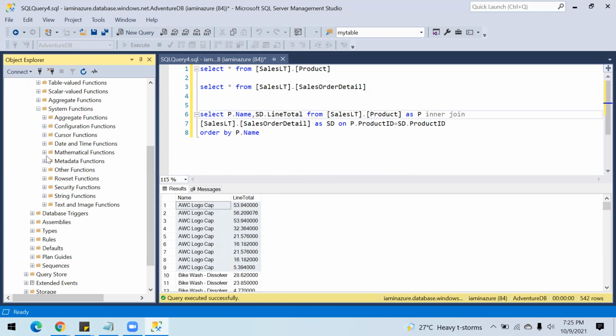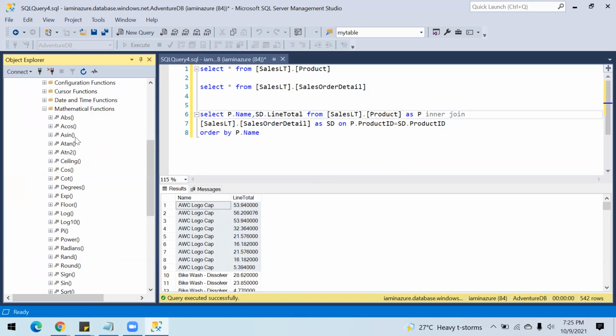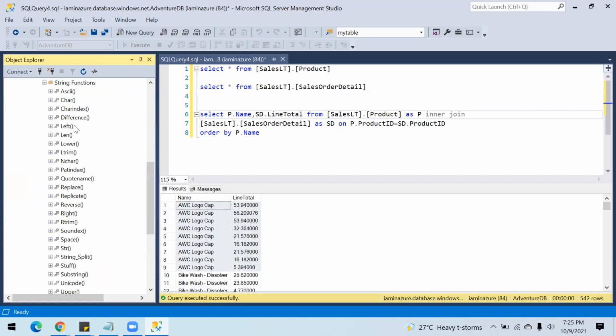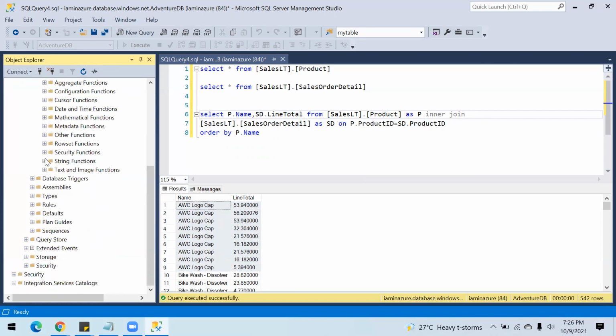Then you have different mathematical functions, like ceiling, sine, cos, square. Then we have the most frequently used functions, which are string functions. You will have left, right, length, L trim, replace, R trim, string split, substring. All these are different functions supported by SQL Server.